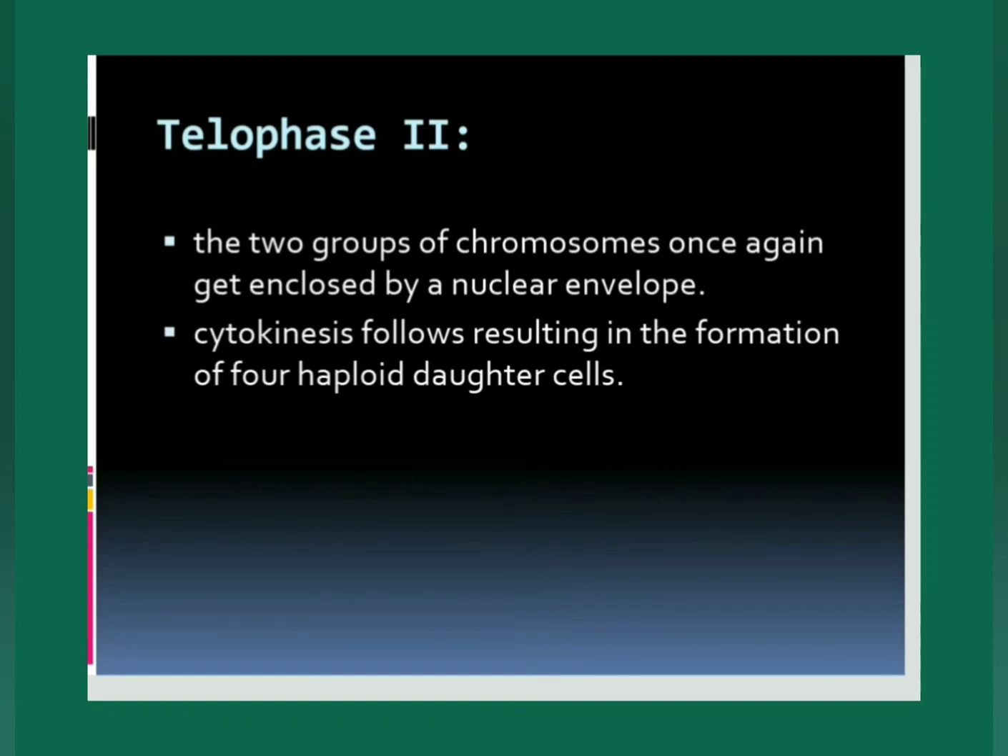Next, in telophase 2, the two groups of chromosomes once again get enclosed by the nuclear envelope. All the cell organelles will reappear. This follows the cytokinesis, resulting in the formation of 4